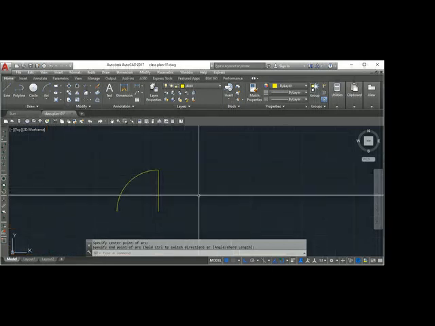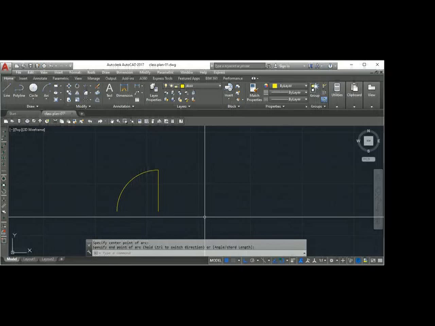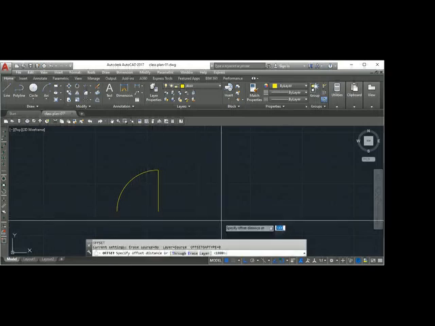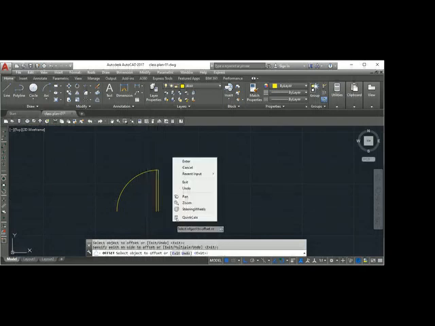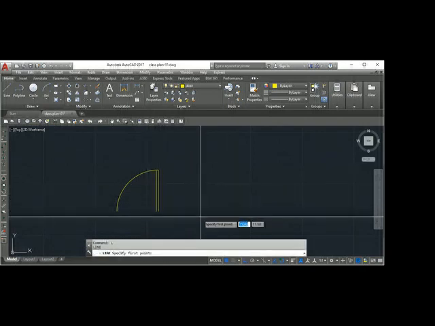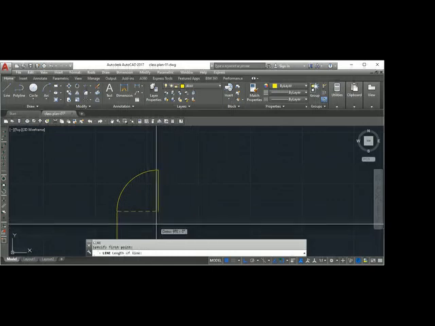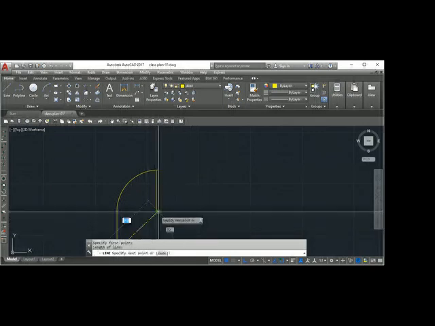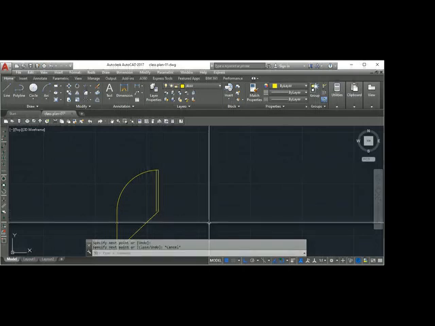Okay. Offset. This gap should be 50 mm. Line. Endpoint. Endpoint.